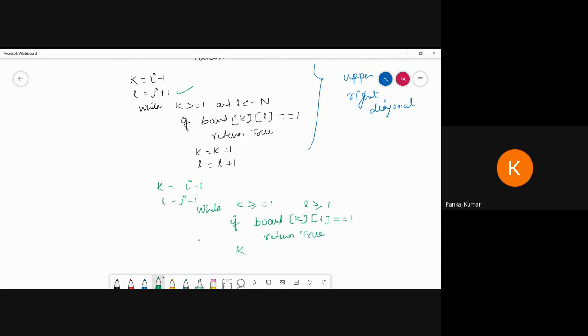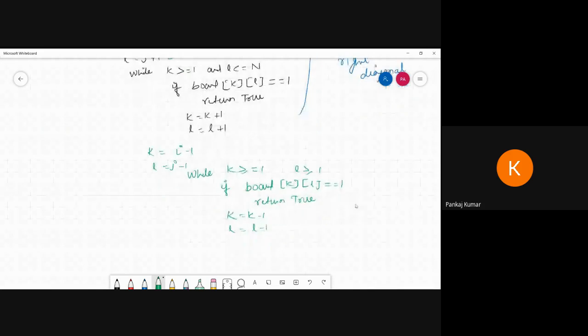Then K equals K minus 1, then L equals L minus 1. Okay, and if this does not happen, then return false.